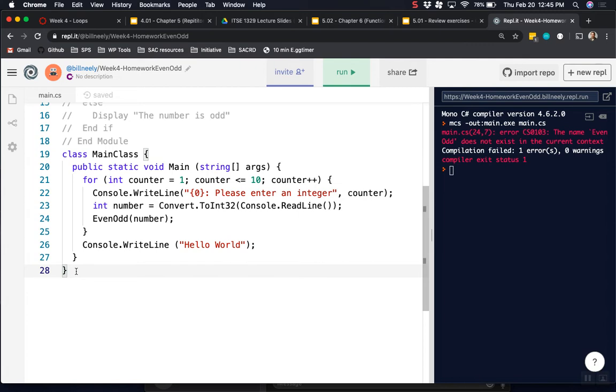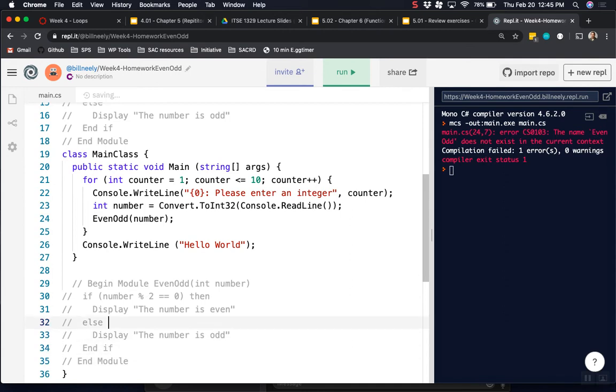I can highlight the opening brace for the main class, and I can see it's doing the opposite highlight on line 28. When I put my cursor there, it's going to highlight the paired brace. I want to make sure that I'm inside those braces, but outside this brace. I want to start my new module inside the main class, but I don't want to put it inside another module. So I'm going to put my cursor here at the end of the block for main, and I see that it's ending here at line 27. So I'll put my cursor there,